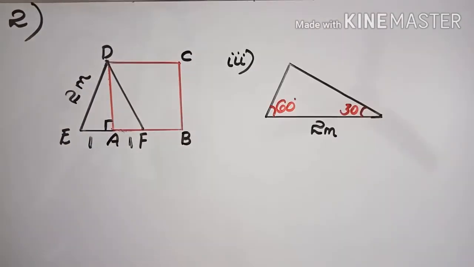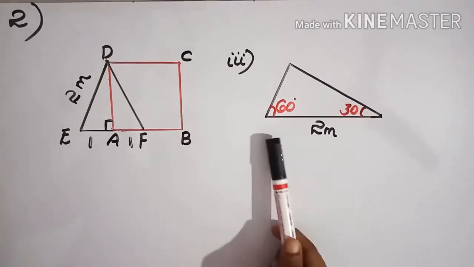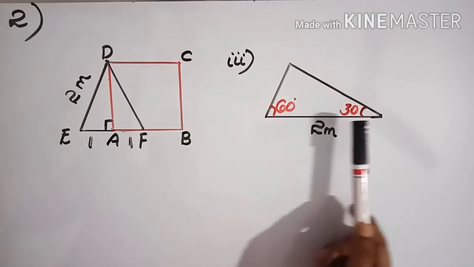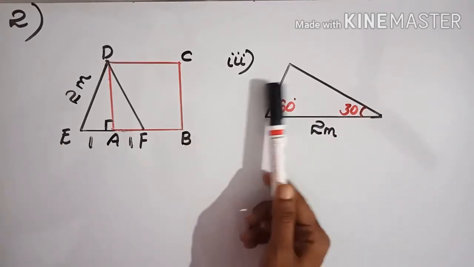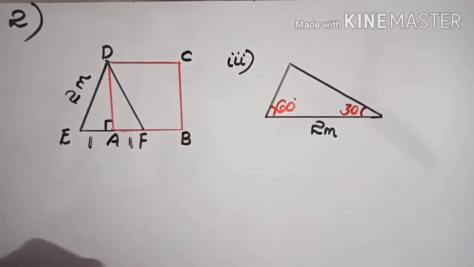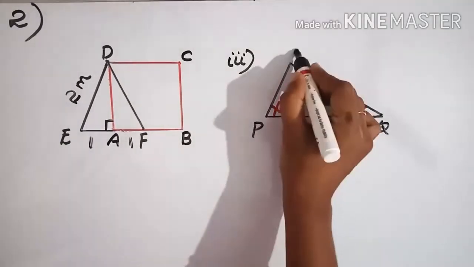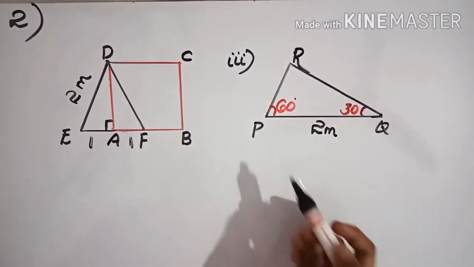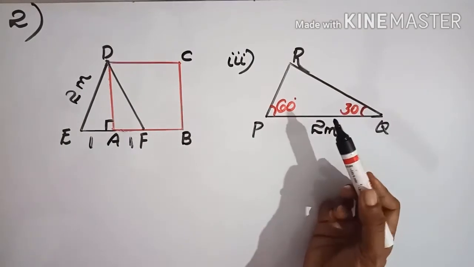Okay, the third sub question. In the question, one triangle is given. This side has 2 meter and two angles 30 degree and 60 degree. The question is, what is the measure of the other two sides? Let's mark the points as P, Q and R. So we have to find PR and RQ. Okay, so for that,